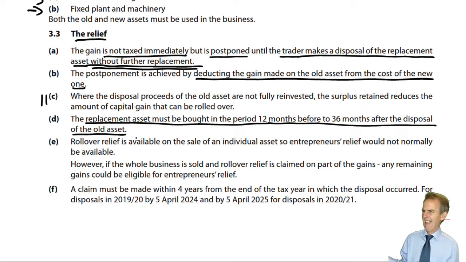Because you might be thinking, hang on a minute, how can you be reinvesting sale proceeds before you've got those sale proceeds? Well, you think about the asset that we're talking about, a business property used in the trade. So as an unincorporated trader, what are you going to do when you expand your business? Are you simply going to think, I need a bigger property. Right, I'll sell this property. I will then get all my plant and machinery, fixtures and fittings and put them in a lorry. And then I'll go and find a new property.